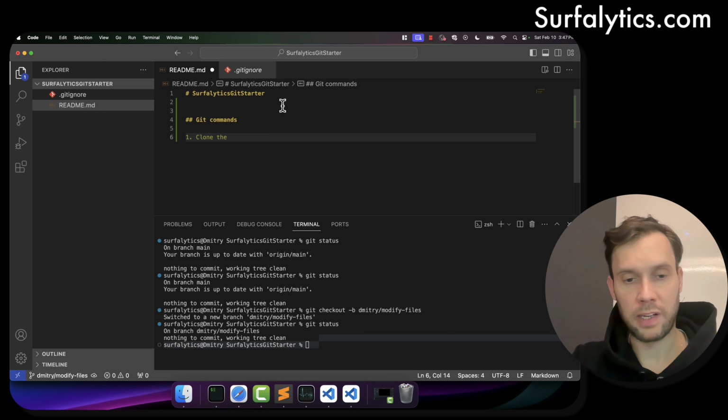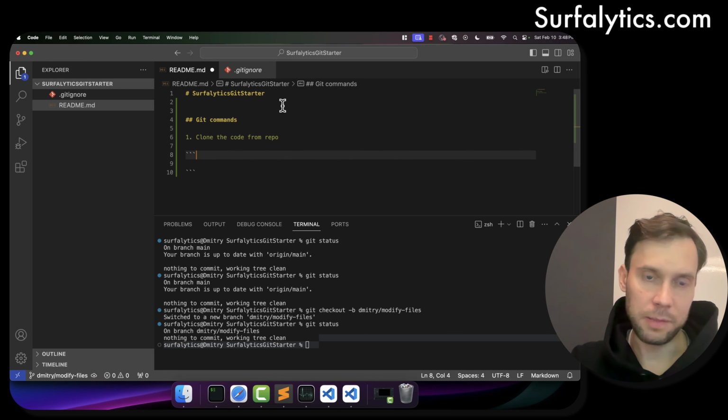If you want to write any kind of descriptions or just documentation, we use markdown. Markdown is very convenient, it's not that complicated, and I will show you a bit more information about this. I'll clone the code